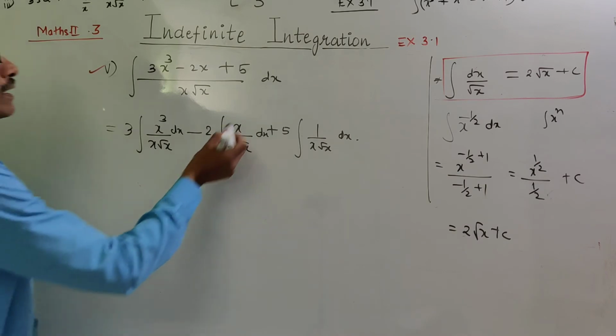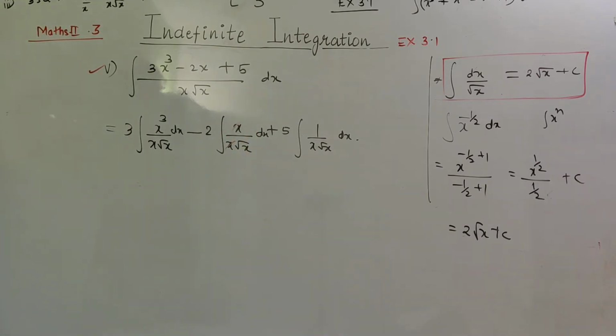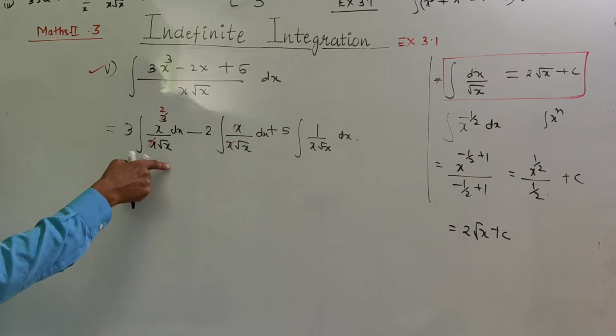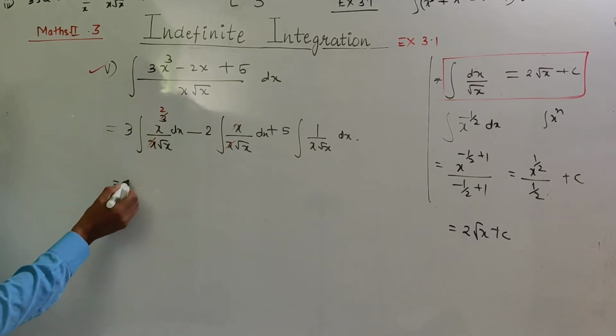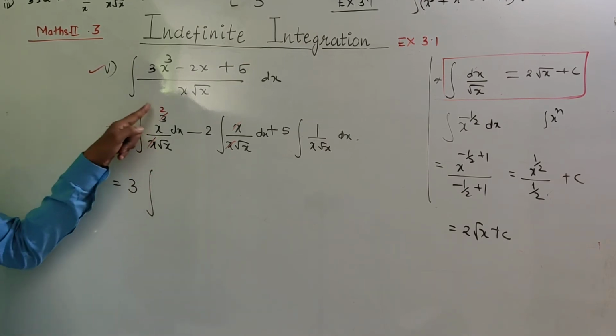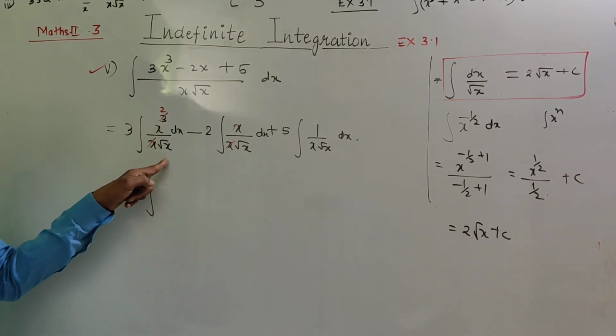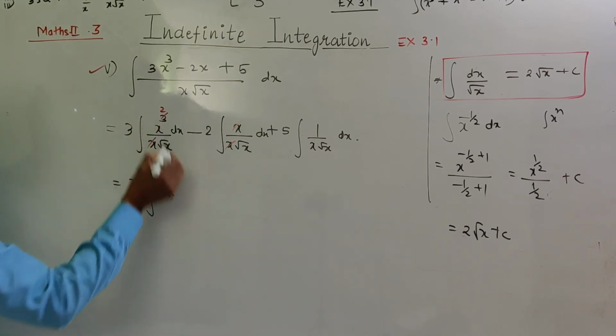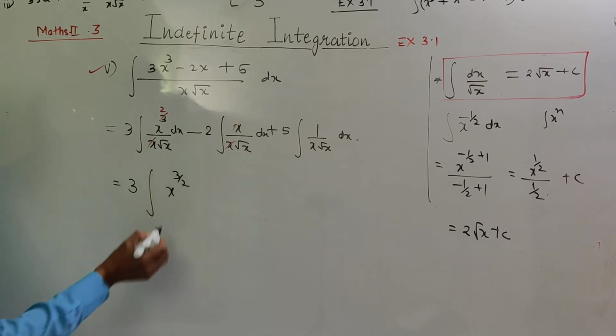So this x is getting cancelled. यहाँ पे 1 x is getting cancelled, it is x square and upon root x. तो इसका टोटल इंडेक्स क्या होगा? x square upon root x. So 2 minus 1 by 2, so that is equal to 3 by 2. So total will be x raised to power 3 by 2 dx